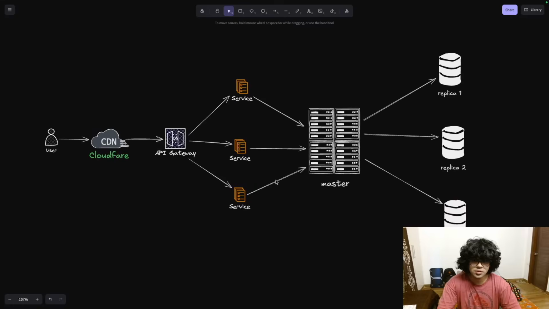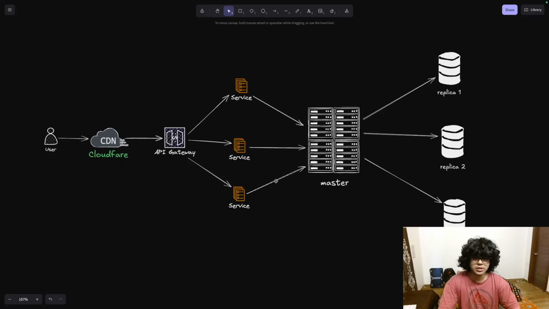So I have a small diagram that basically shows how a normal web app really works, right? You have your users, they hit the edge network, basically the CDN or your load balancer. You can hit Cloudflare. Usually that's what almost all of the internet uses. Then it forwards those requests to your origin servers, your API gateway or Nginx proxies or whatever. That internally transfers the requests to your services, whatever pods they are running in.